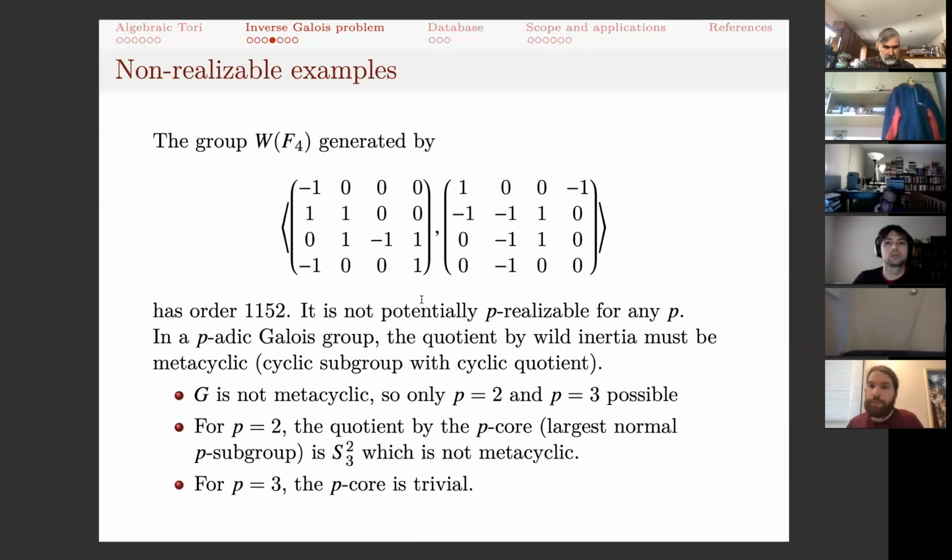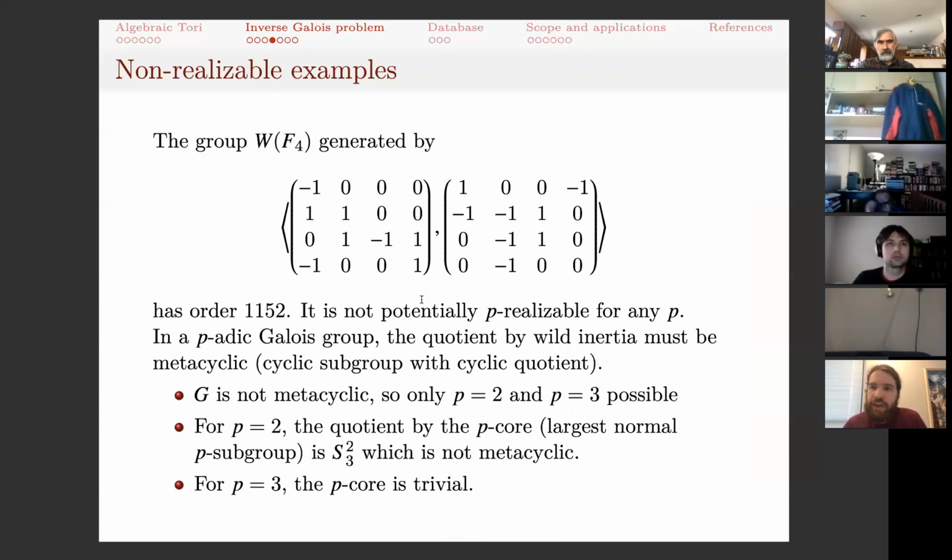So here's an example. This is the largest subgroup of GL4(Z). It's the Weyl group of F4. It's generated by these 2 explicit matrices, and has order 1152. And this group is not p-realizable for any p. And the reason is that